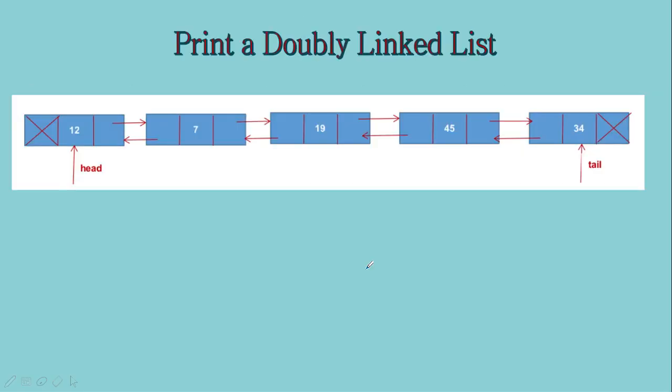Next, let's see how we can print a doubly linked list. Of course, there are two pointers, head and tail. We will move from the beginning itself. So let us have a temporary pointer, initialize that to the first node, and then we have to move temp till we reach the last node, or till we move outside the last node. We move outside the last node when temp becomes null. We can understand that we have moved outside the list, right? So let us write a loop till we move outside, and we print the data.